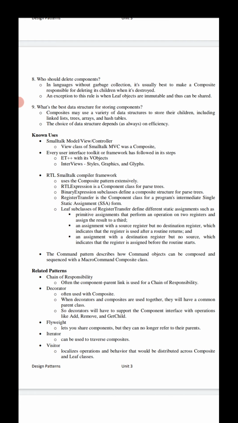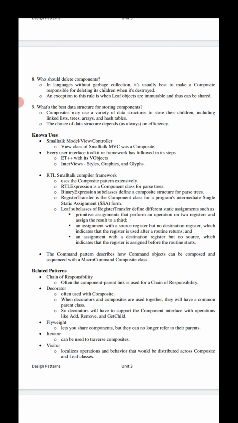Coming to the iterator, it can be used to traverse a composite. Iterator means iterating recursively. We want to traverse parse trees, composing objects into tree structures. Flyweight lets you share the components, but they can no longer refer to their parents.